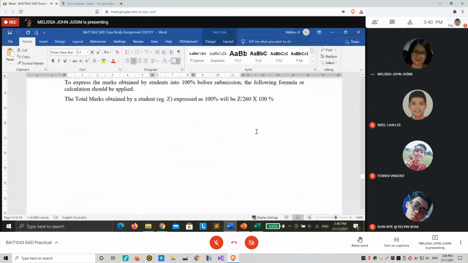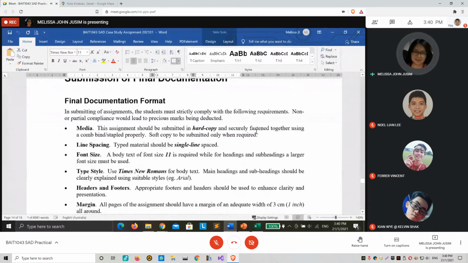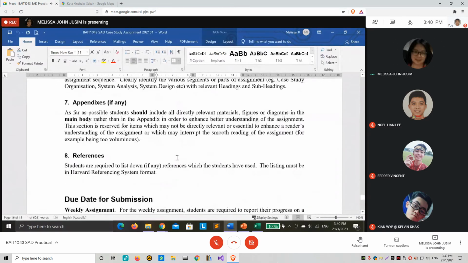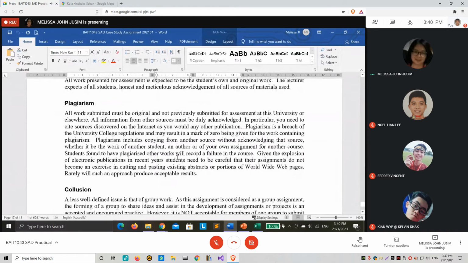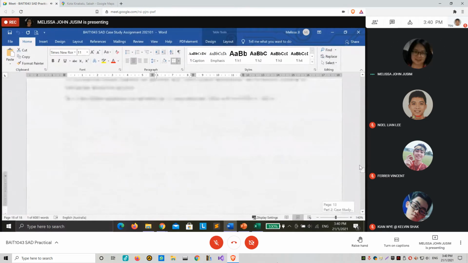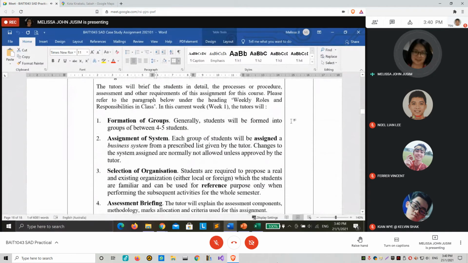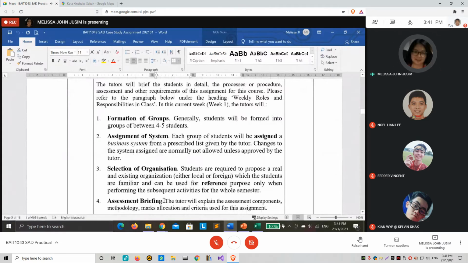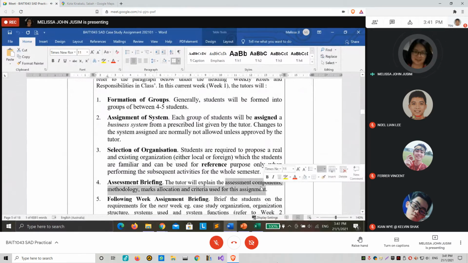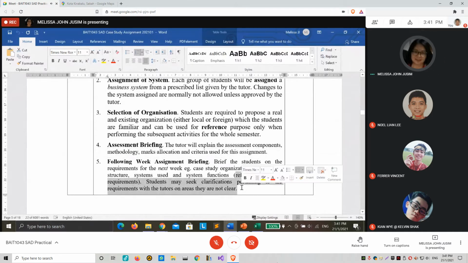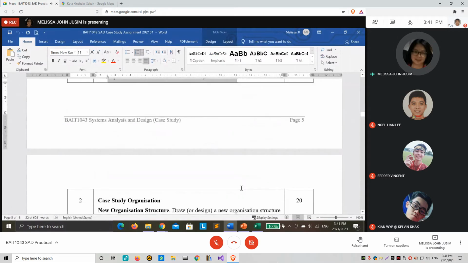This is the final report format. Front cover. So meaning week 1, I only need to do this. Explain assessment components already. And then following week, assignment briefing. So I will brief for week 2. Once I'm done with the week 2 briefing, then we're done. And you will only need to do the in-class work